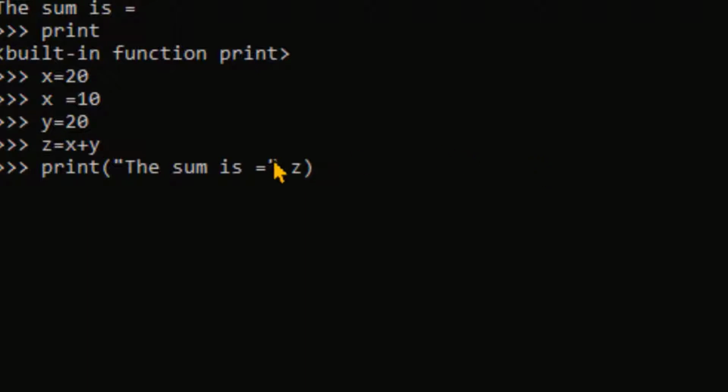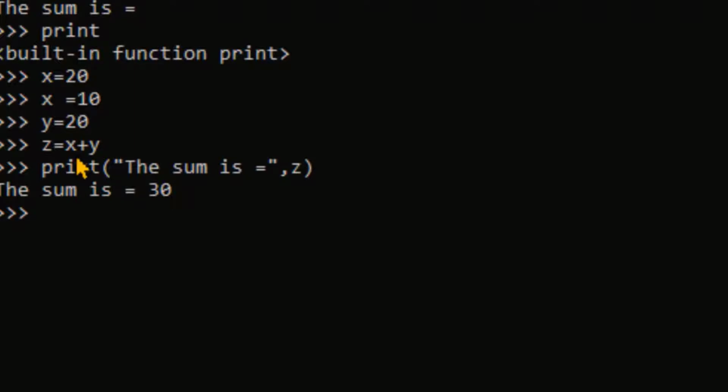Here you have to note that after the double quotes, don't forget to put a comma and the variable for which the value is to be printed. If the comma is not given, an error will occur. So comma is very important before the variable that we are going to print. Once we press the enter key, the result is produced. So we get the output 30 here.